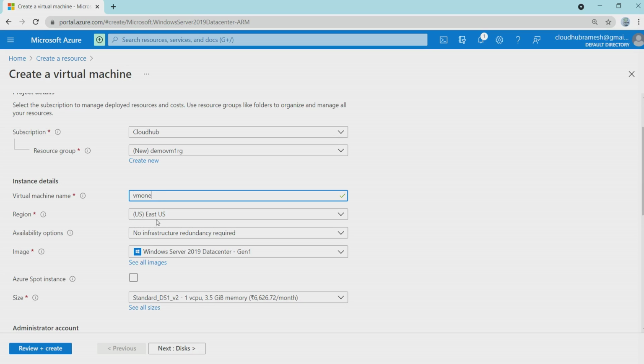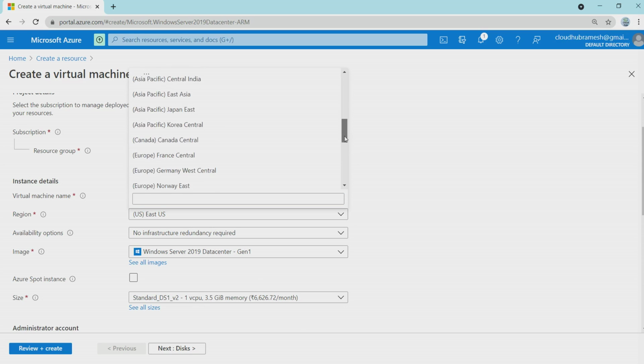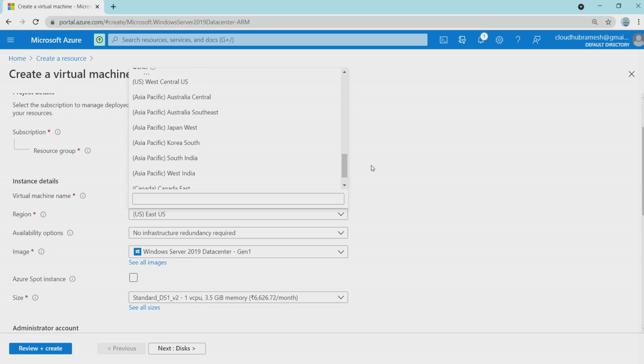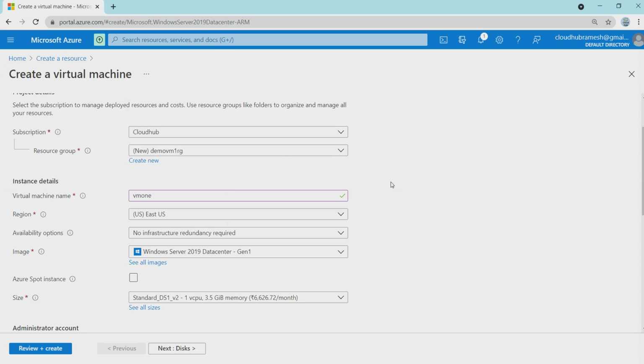There are different regions available. Microsoft provides more than 30 regions. You could have East US, West US, and if you go to others, you have Asia Pacific regions as well. For timing, I'm just going with the default one, which is East US.